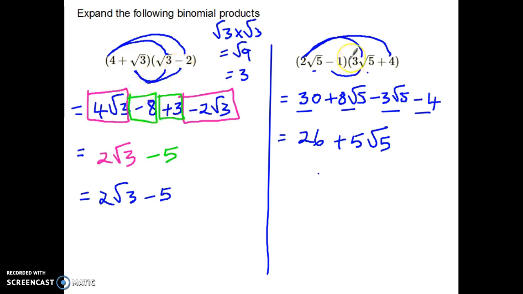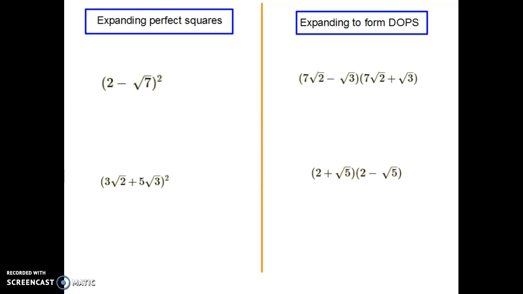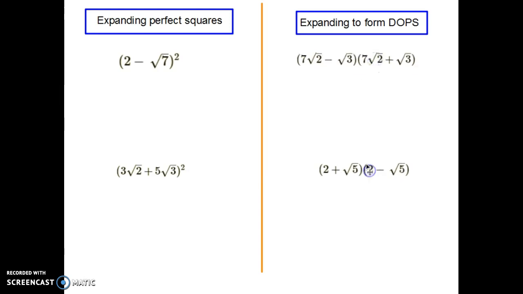These weren't any particular special cases, they were just two random binomials that we multiplied together. Over here though, we're going to look at expanding our perfect squares and our dots that we went through on one of the previous slides. Here I have this binomial squared. The shortcut, if you remember, is that we square the first one, square the last one,